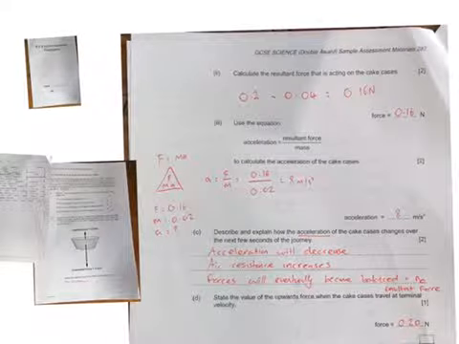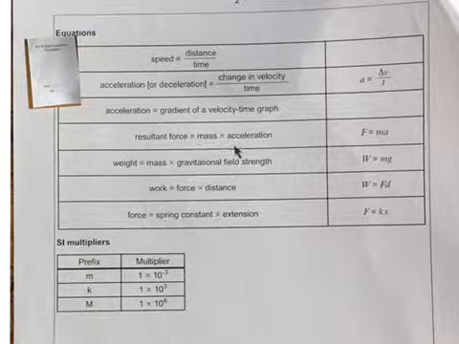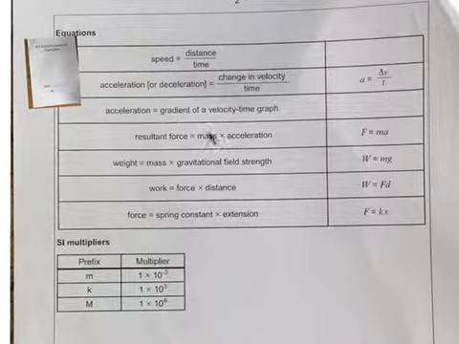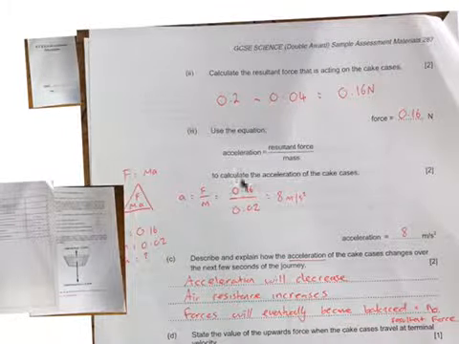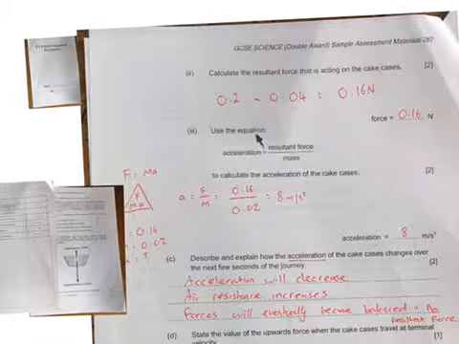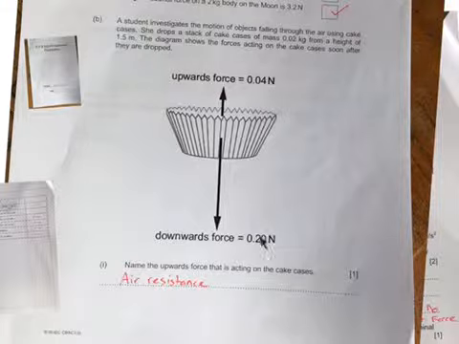Now you've got to be careful here because you've got an equation for resultant force, and we've also got the mass, but we haven't got the acceleration yet. But in these sort of questions, unless it's saying use an equation, which it will, for resultant force, it is likely to be the big force minus the little force. So you take the small one away from the big one. Because the arrow is much bigger here, you take this from there and you get a resultant force of